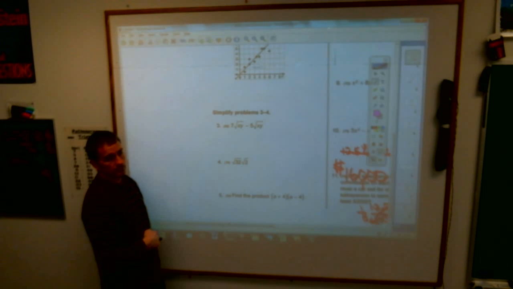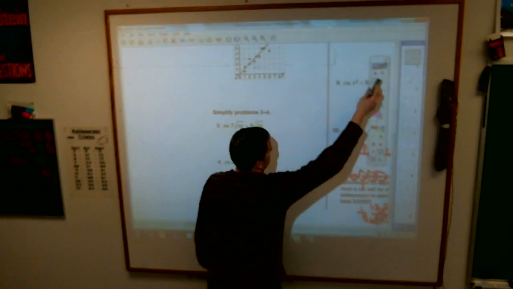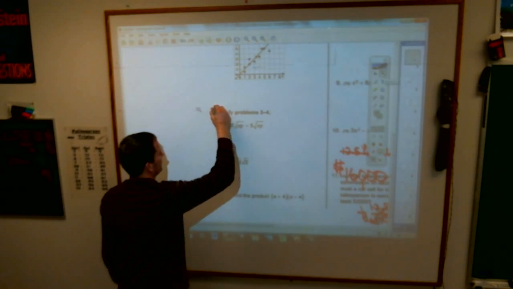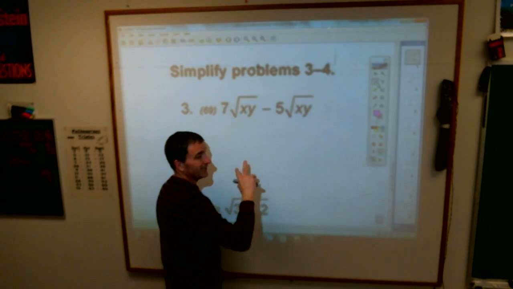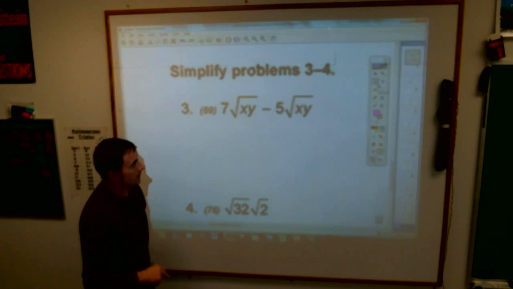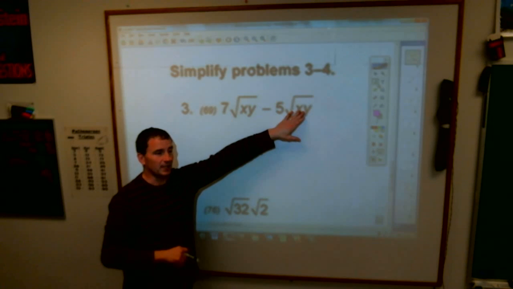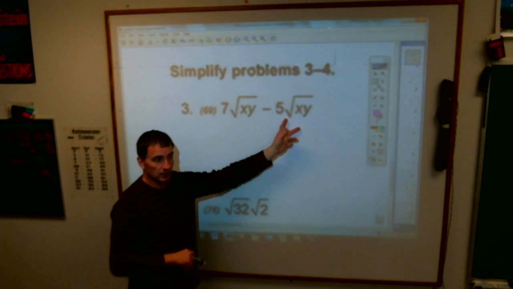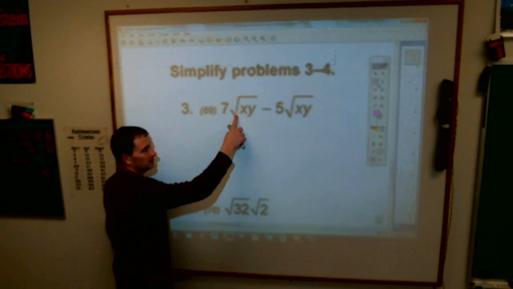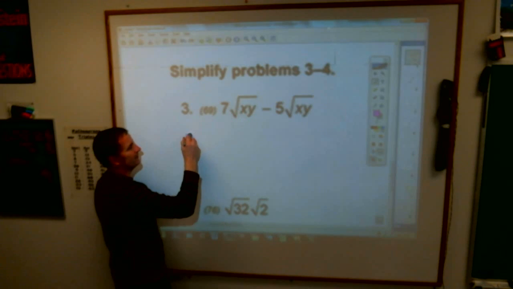And then number 6. Well, here's the deal with problem number 3, ladies and gentlemen. You have to think of radical signs like letters or variables. They have to be identical for you to put them together. If this would have been a square root of y and that would have been a square root of x, you couldn't have done anything to those. That's already simplified. But since they're the same, you can put them together. What does this mean? 7 times the square root of x plus y means I have,